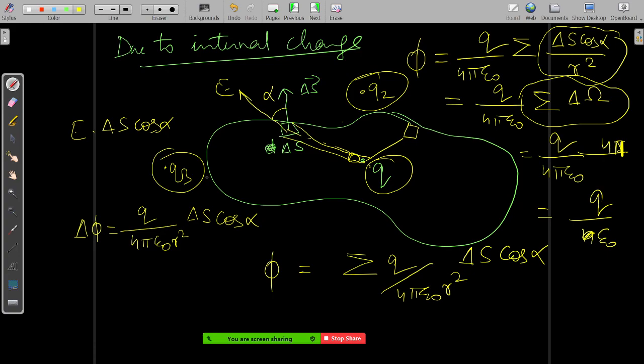Right? By a closed surface, the solid angle at an external point will be equal to 0. So this summation becomes 0 for all those particular charges. So finally, what you will get is the total electric field will be equal to the internal charges into 4 pi divided by 4 pi epsilon naught only. You understood, no?